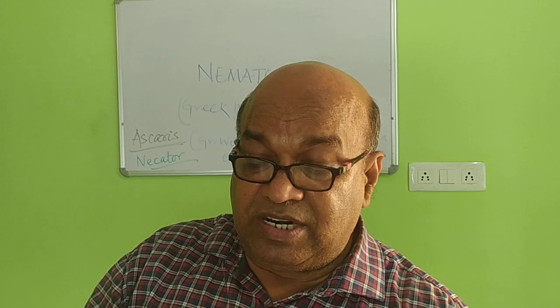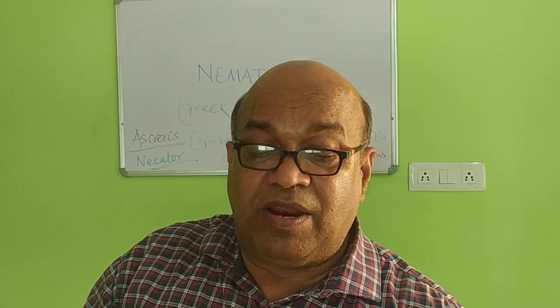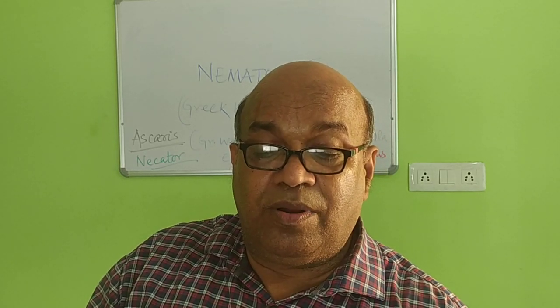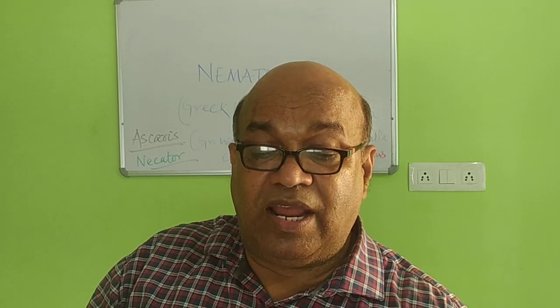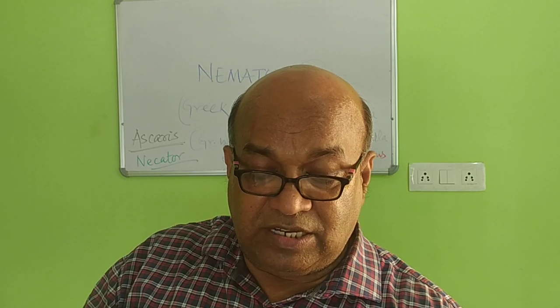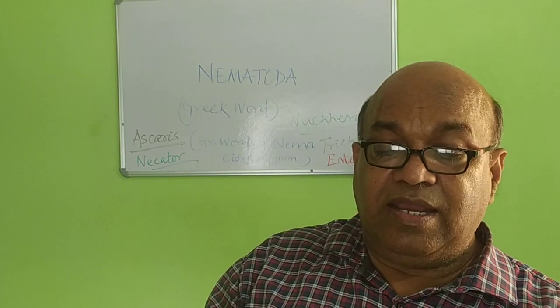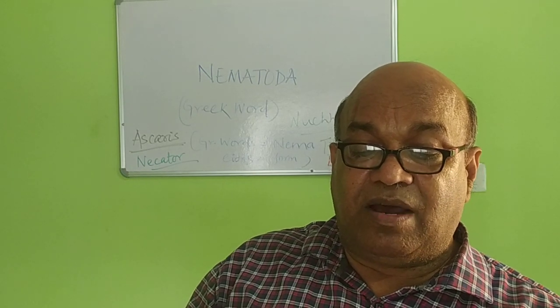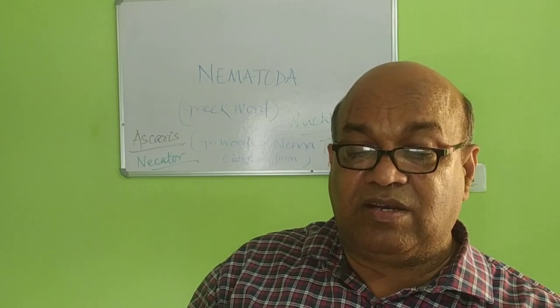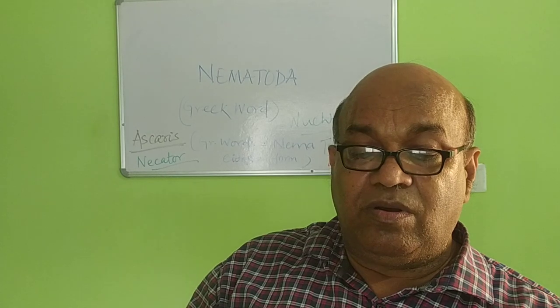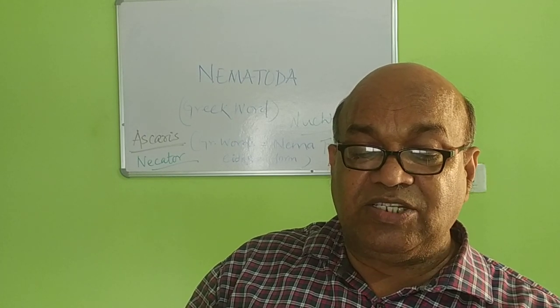After the Gastrotricha, thirdly I explained Kinorhyncha, also called Echinodera. Echinodera is a Greek derivative term. It derives from two Greek words: kineo, K-I-N-E-O, which means to move, and rhynchos, which means